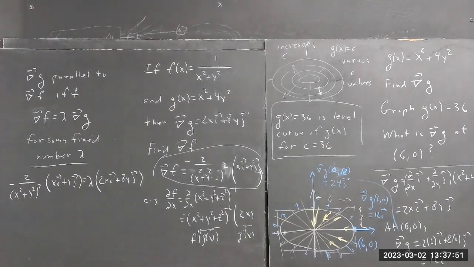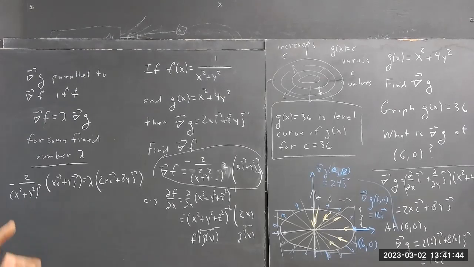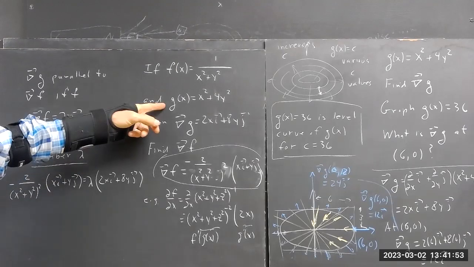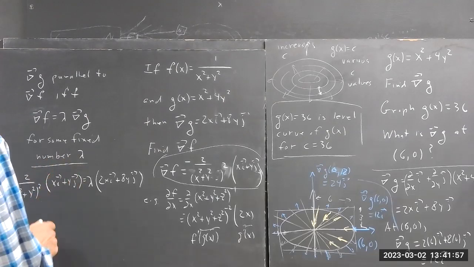Then you should be able to find a lambda. Okay, well, what we get is, if this equation is true, then the i component has to equal the i component, and the j component has to equal the j component. Now, as you're going to see, we're still going to end up with only 2 equations and 3 variables. So we're going to tweak g of x to make it work, okay? So 2 equations, we're going to have